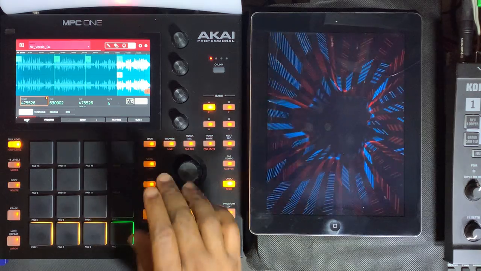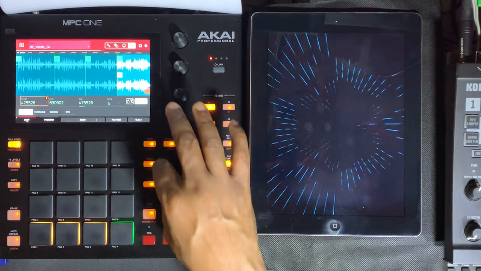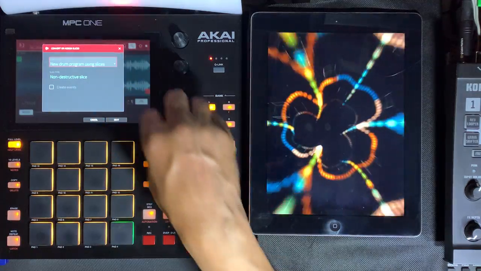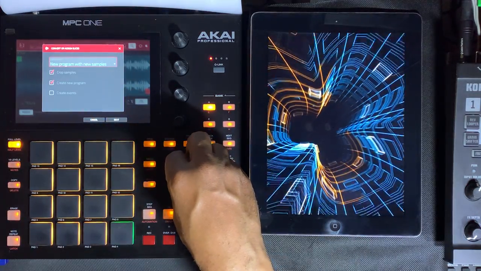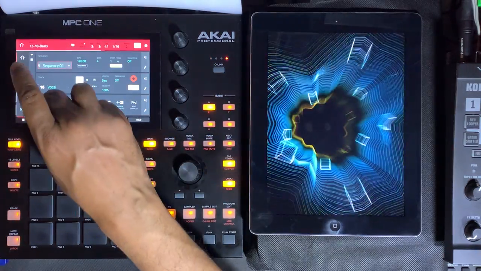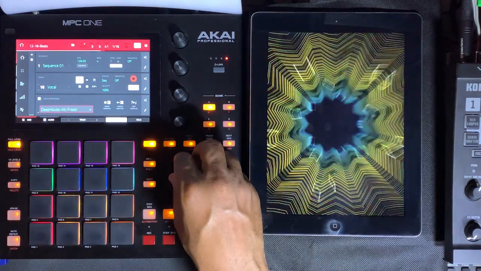All right, so I got 4 samples there. I'm gonna hit Shift, Convert to a new drum pad with new samples. Do it. And so now, if I come here and I switch it to here,